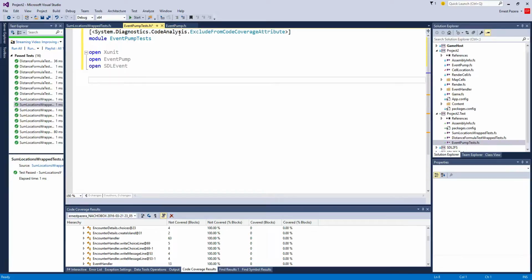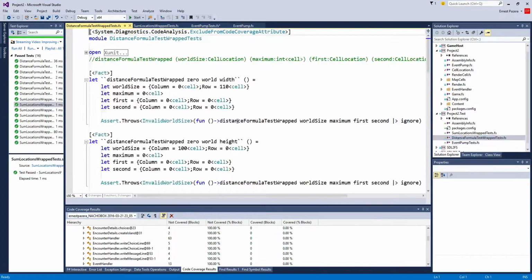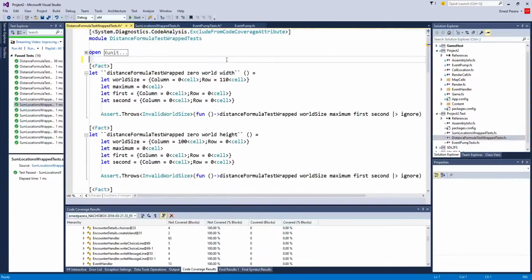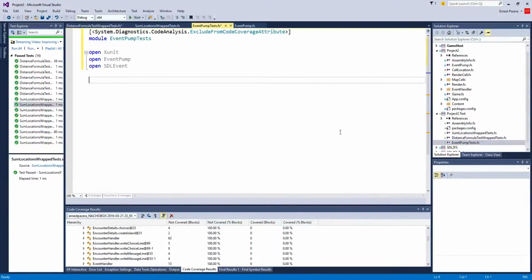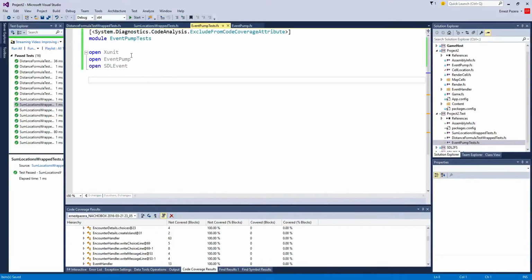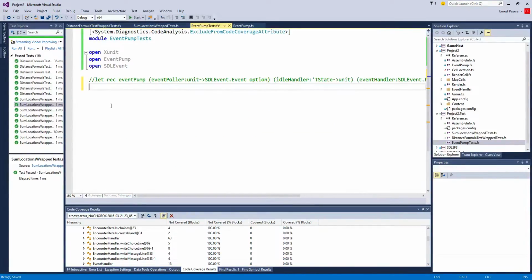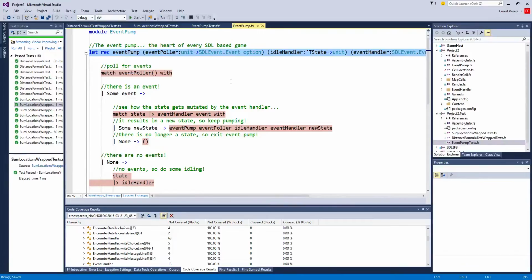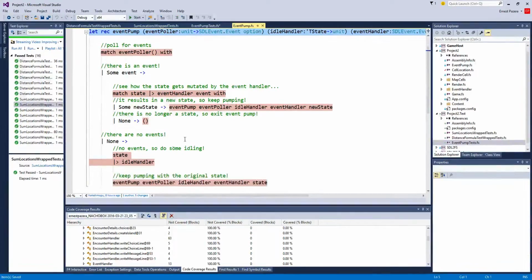Then, do I still have the thing at the top? I do. Let's yank it. Don't need it anymore. So event pump tests. Here is the event pump. Grab the function signature for it, plop it on down, select event pump, and perhaps the only way out